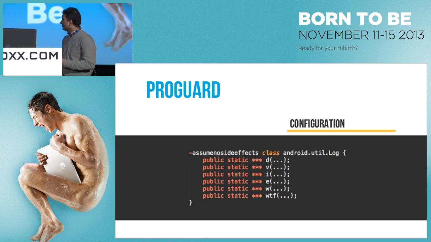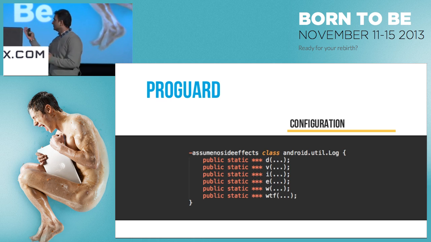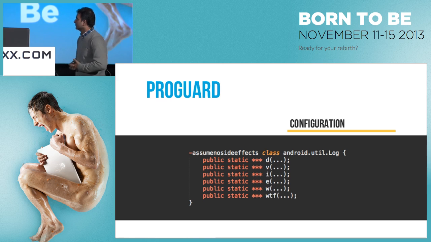So, for example, you have log statements all over your application. Everyone knows that you can use this, which says that there are no side effects if these statements are removed, and ProGuard will remove these statements from your code. So ultimately, when you reverse engineer, you will not see these log statements. There is a little catch,